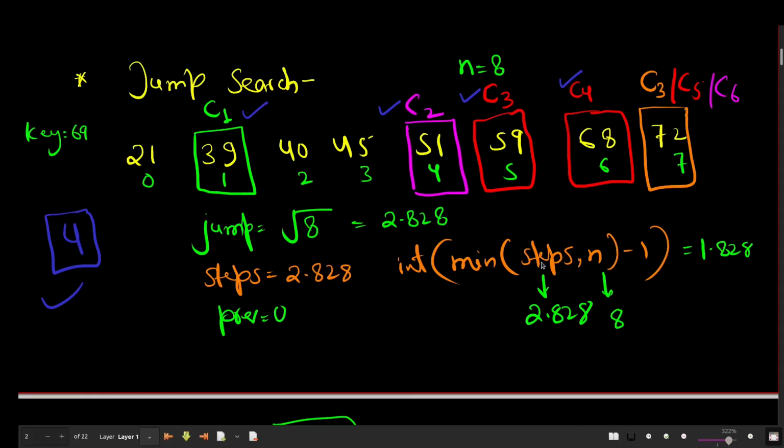I will provide you the code, and I hope you will understand what that code is doing. Okay, you can modify that and do whatever you want to do with that. You can even count these comparisons also. Okay, so I think we are done with this tutorial. In the next video, I'm going to talk about exponential search, and after that I'm going to implement all the algorithms and provide you the code.